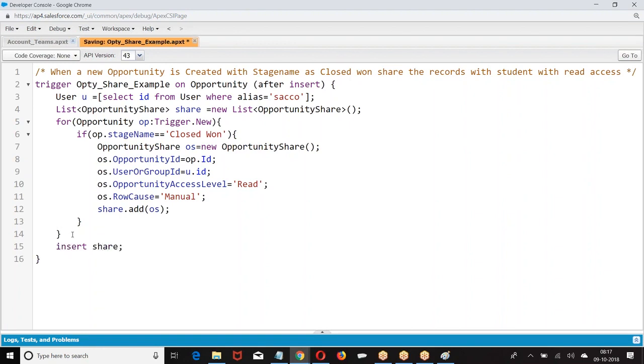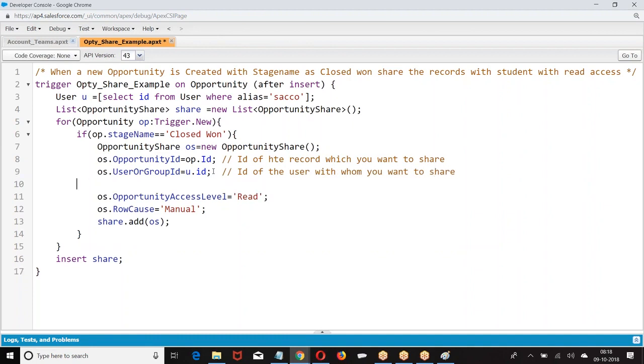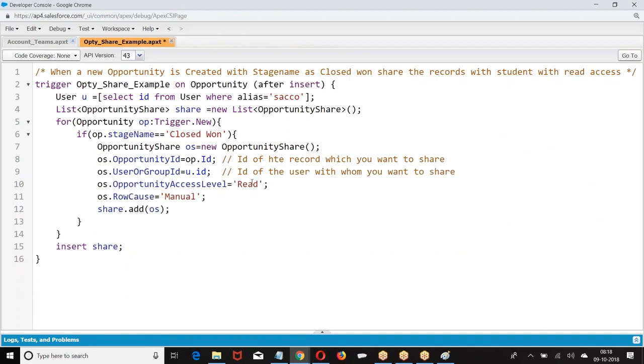So, look at this. What was the condition here? Opportunity ID is the ID of the record which you want to share. Then we have user ID, the ID of the user with whom you want to share. Then we had access level, the type of access you want to give.